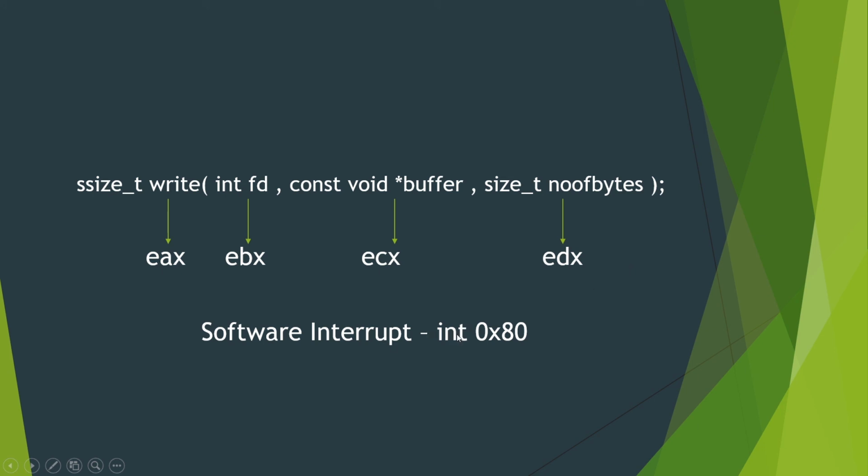I hope you have understood. I will repeat it again. This is the software interrupt 80. There are also hardware interrupts, but this interrupt will execute the system call specified in the EAX, which is the system call number, and the system call handler will execute write, because the write system call number is 4, with the arguments specified in EBX, ECX and EDX.